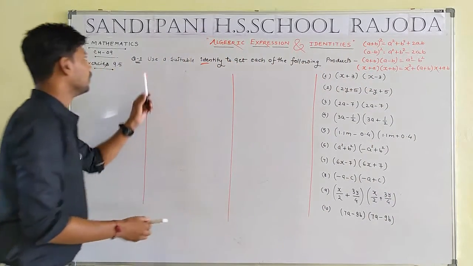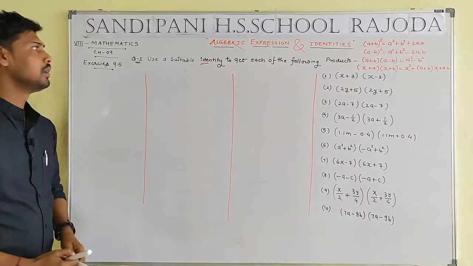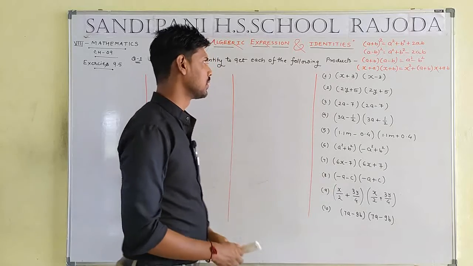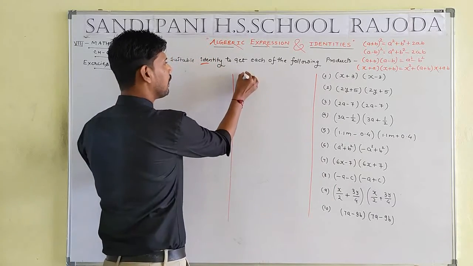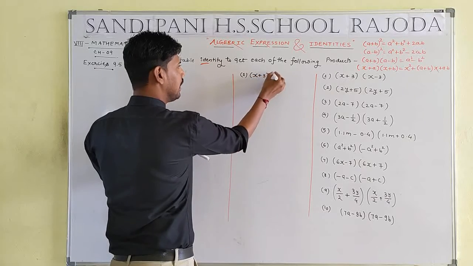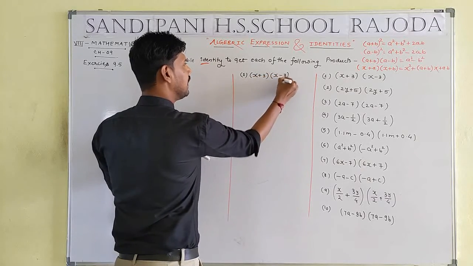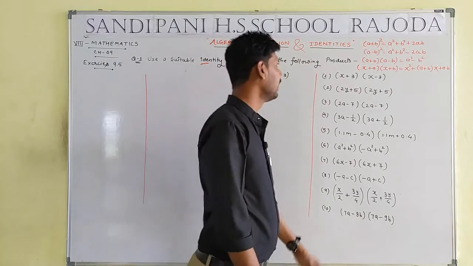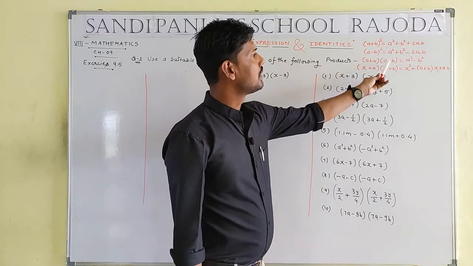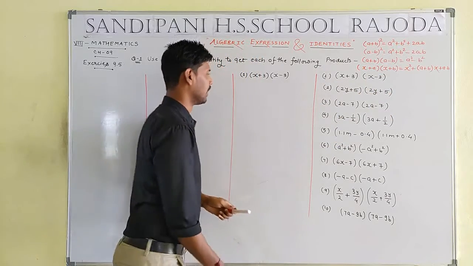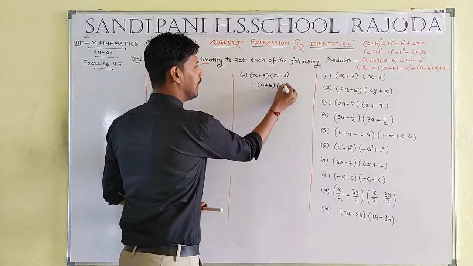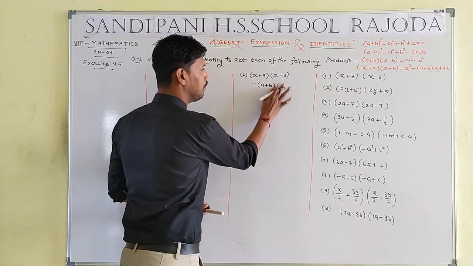So use a suitable identity to get each of the following products. Okay, student, now we take question number first. What is the demand of question number first? (x plus 3)(x minus 3). Student, match with the identity. Here x plus 3, x minus 3 is just like identity number 3. What is the third identity? (a plus b)(a minus b) will be equal